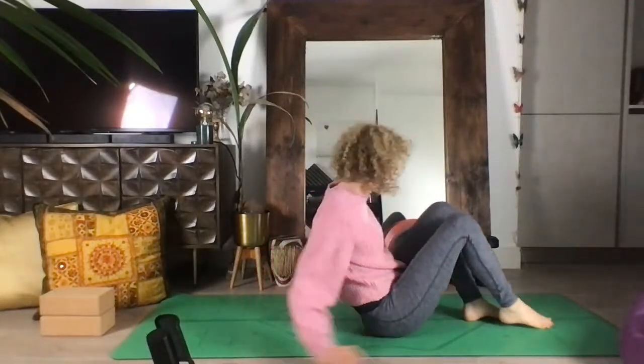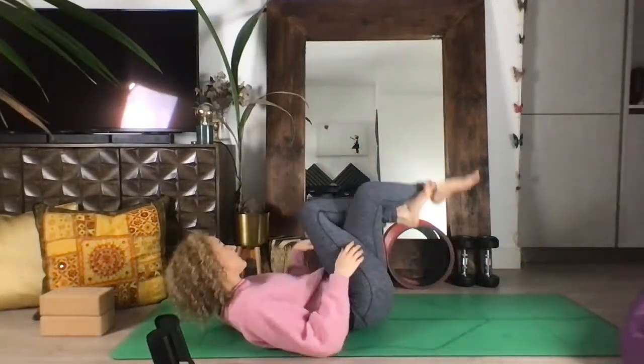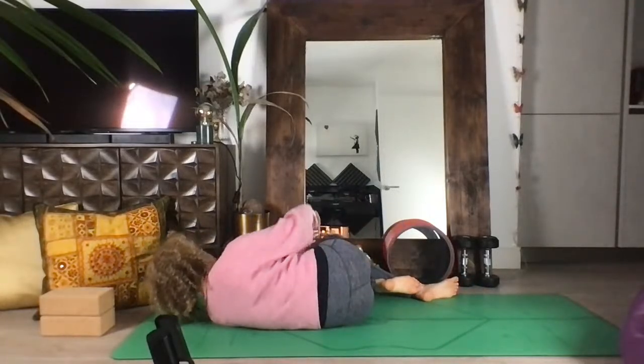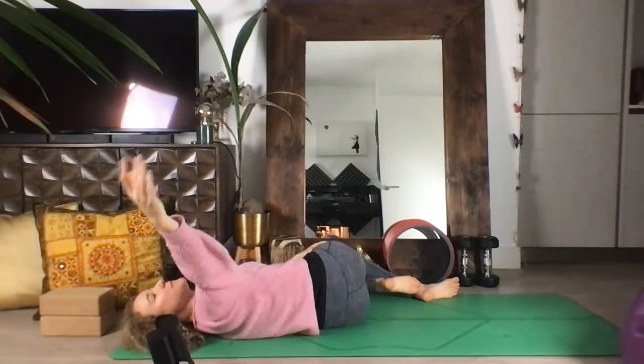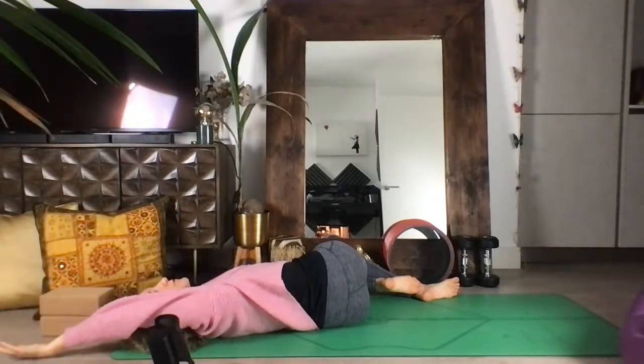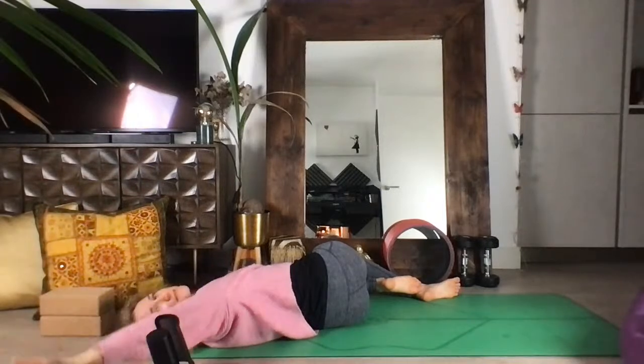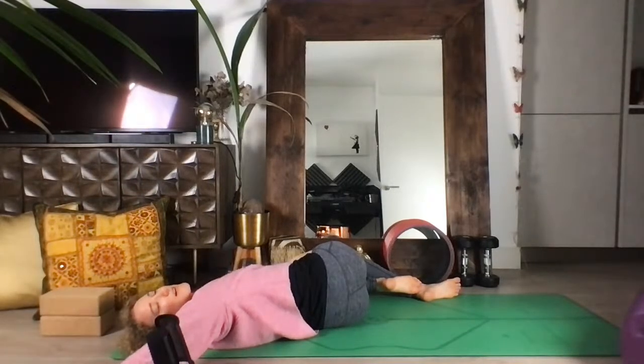So I can demonstrate if you're confused, but you guys look good. So making sure your knees are really high. And then as you breathe in, raise your arm. As you breathe out, maybe move the arm alongside the ear, or you can go wide, a slight diagonal, so